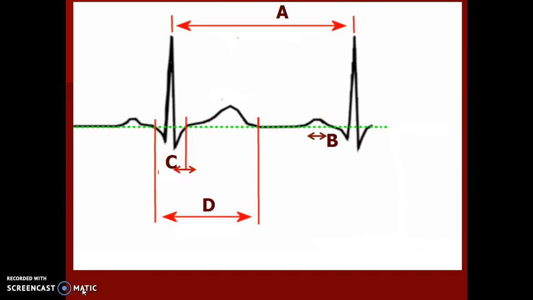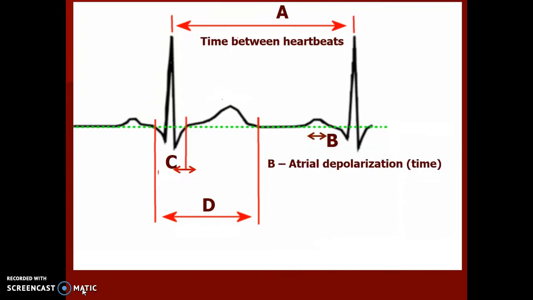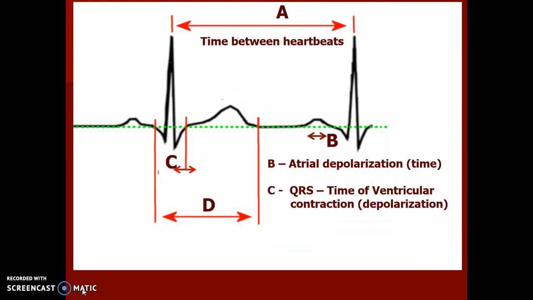So A is the time from one heartbeat to the next heartbeat. B is the atrial depolarization time. That's the P wave. C represents your QRS complex, at the time of ventricle contraction, depolarization. And D is, okay, it's a little bit off, but D measures